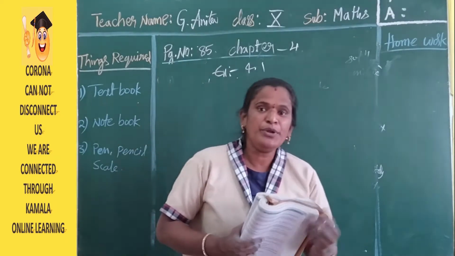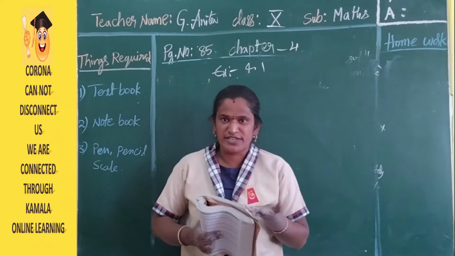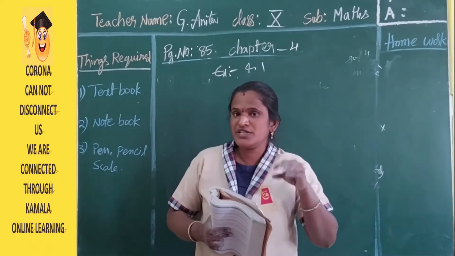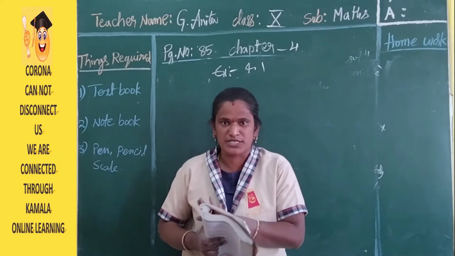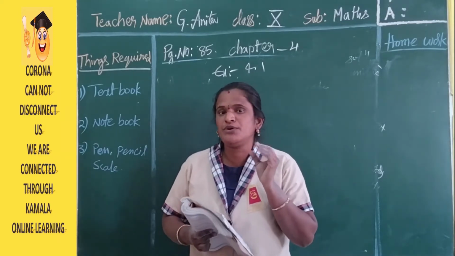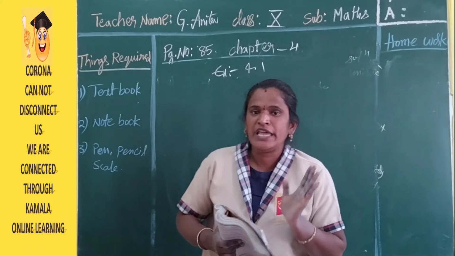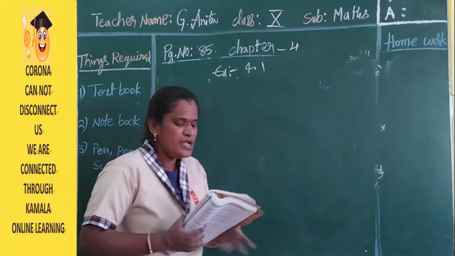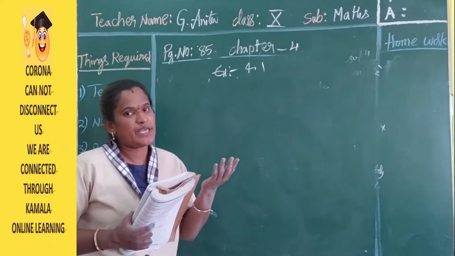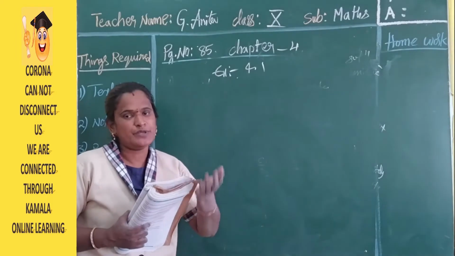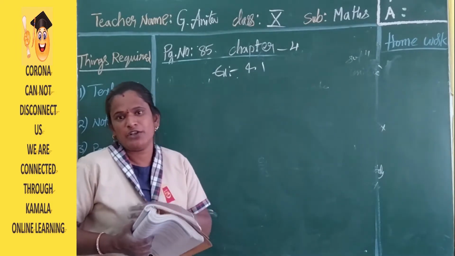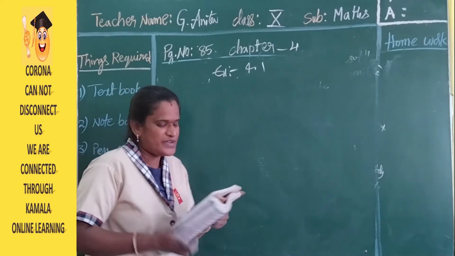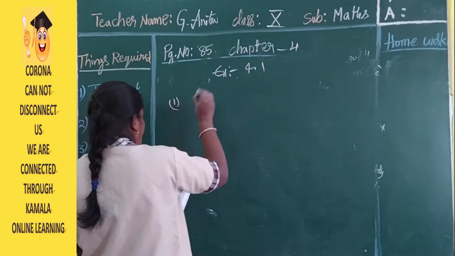So just simple, you have to observe the given equations. The equations are compared with the general form of a pair of linear equations. In that you have to observe the A1, B1, C1, A2, B2, C2 values. Next you have to compare A1 by A2, B1 by B2, C1 by C2. If they are equal, you know what happens. If they are not equal also, you know. Okay. So first one, observe.